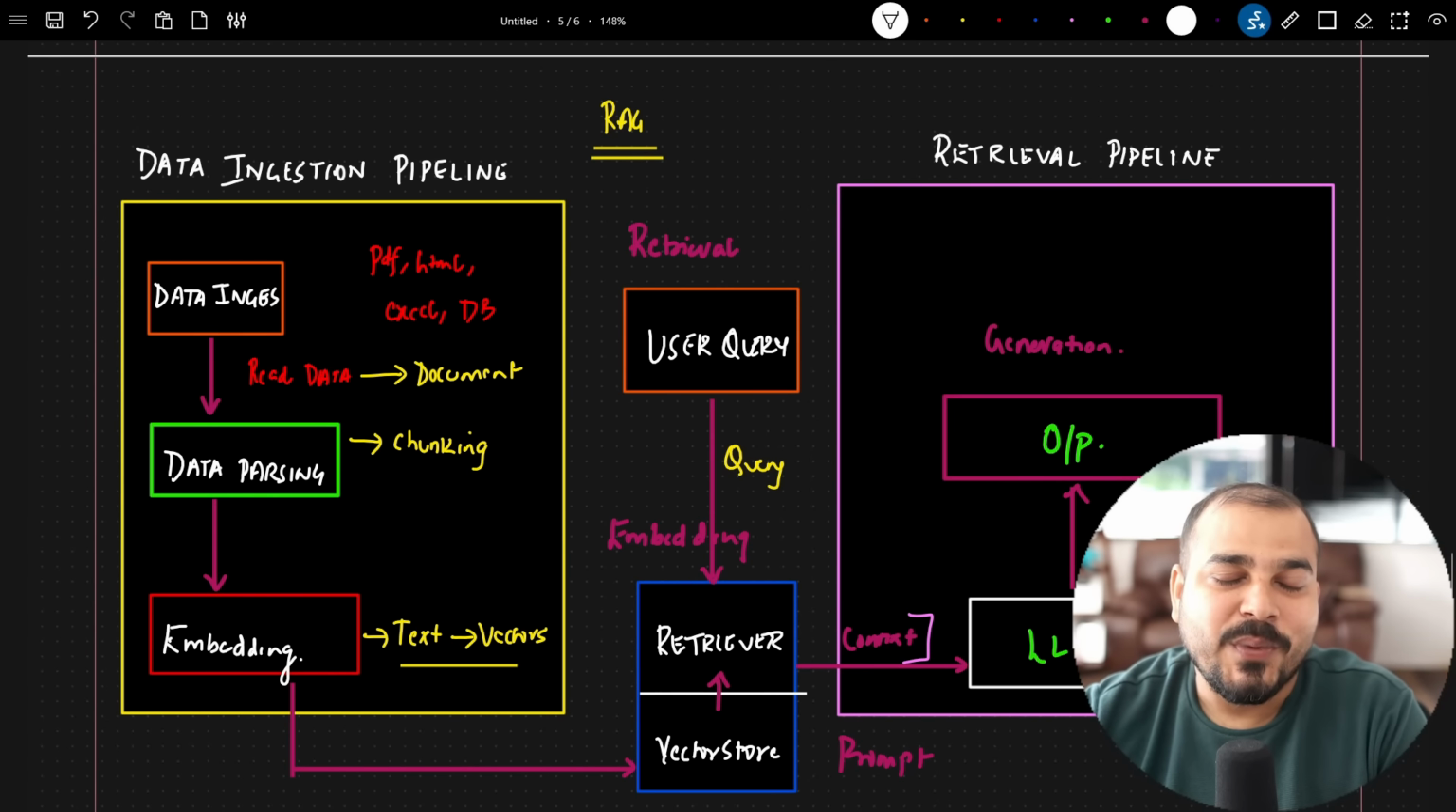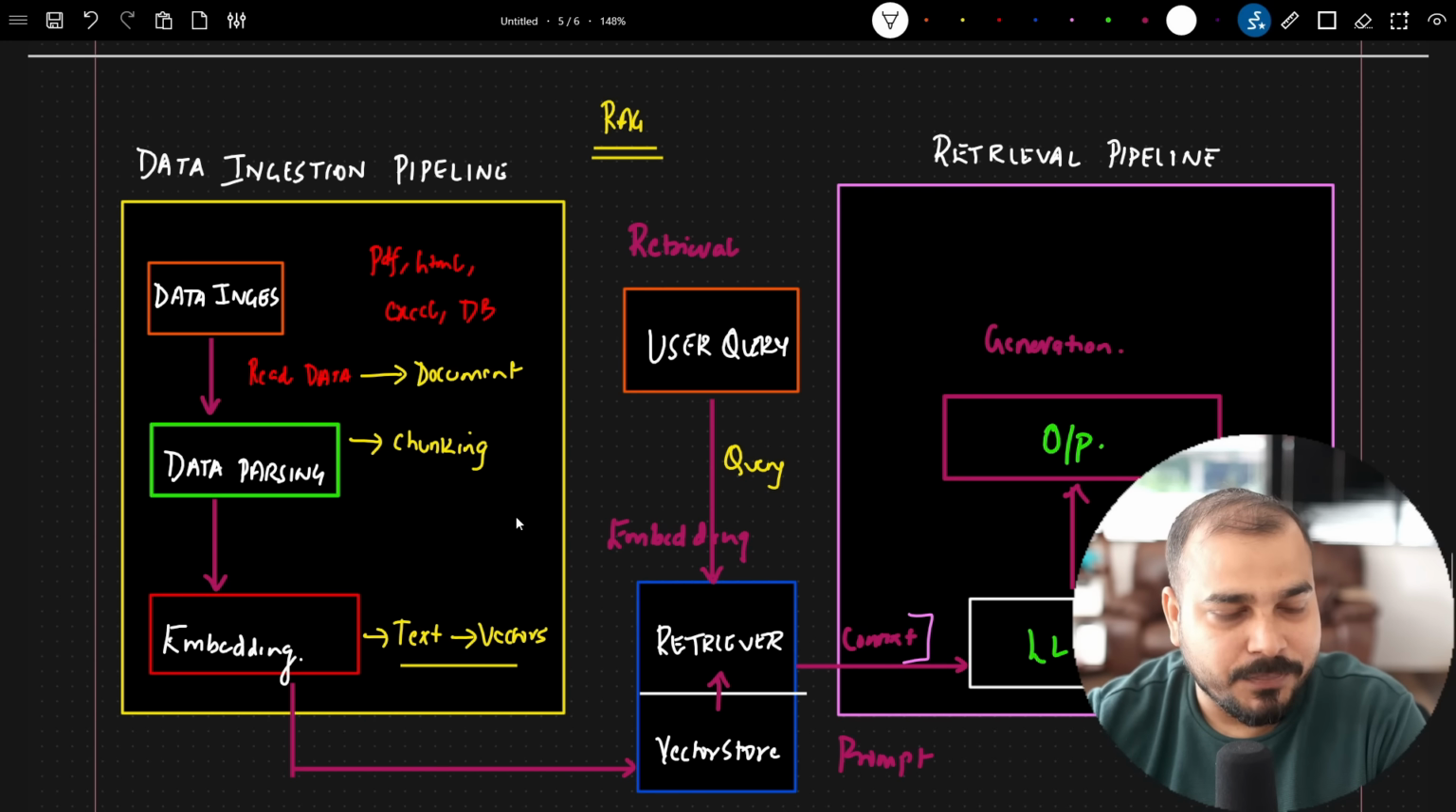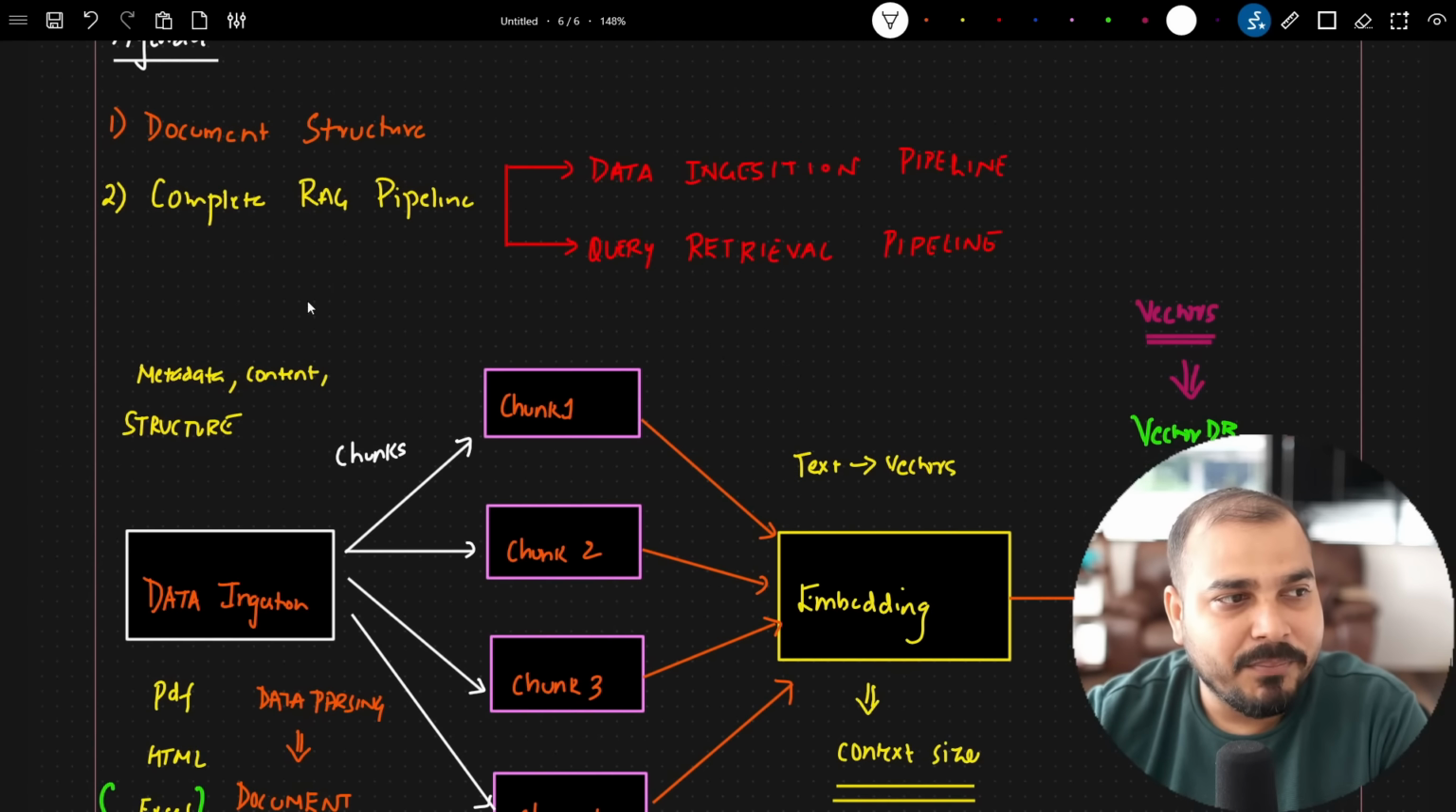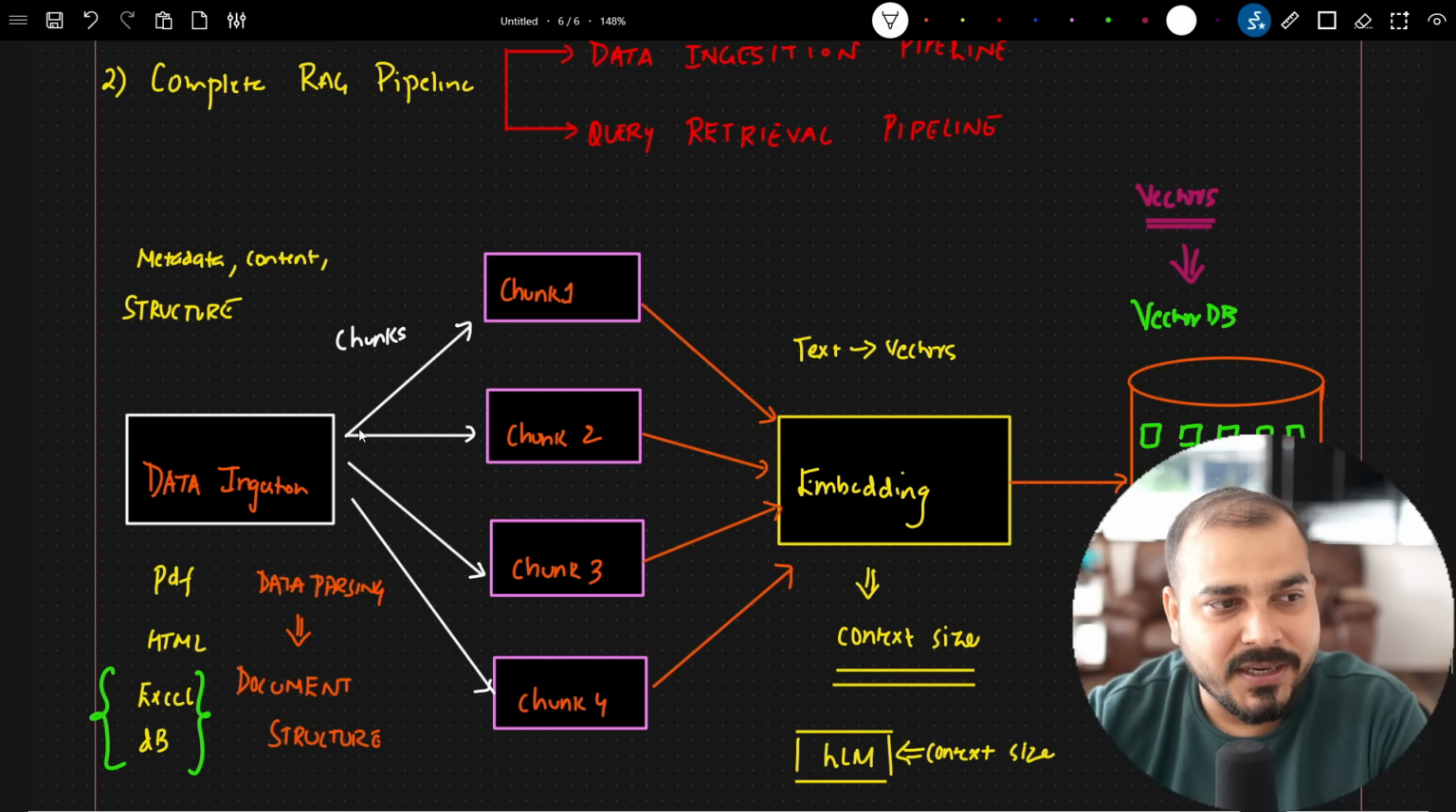Hello, guys. So we are going to continue the discussion with respect to RAG. Till now, we have already discussed the entire data ingestion pipeline, and with the help of a user query, we are also able to retrieve the context. We have completely implemented this first pipeline, called the data ingestion pipeline,